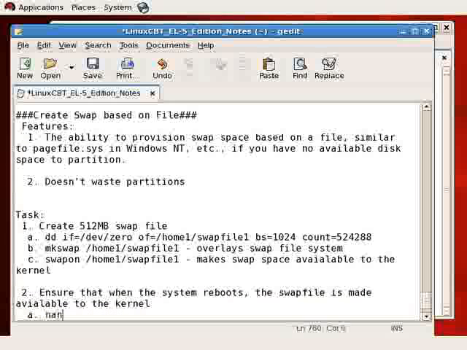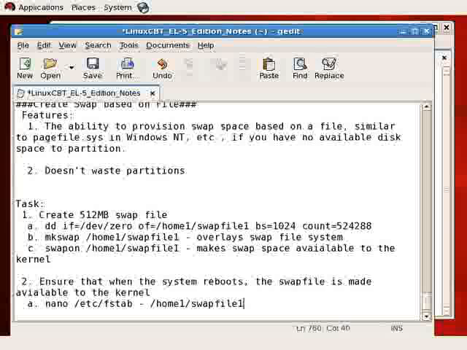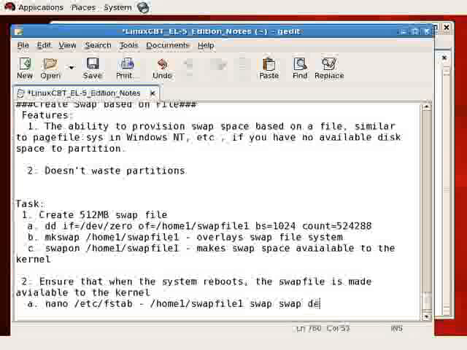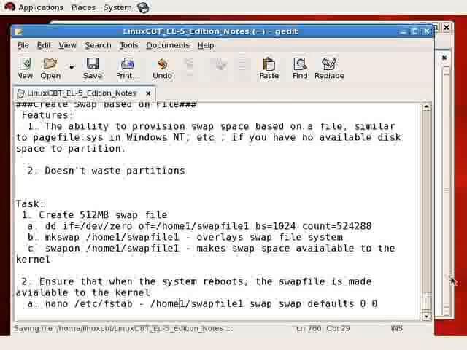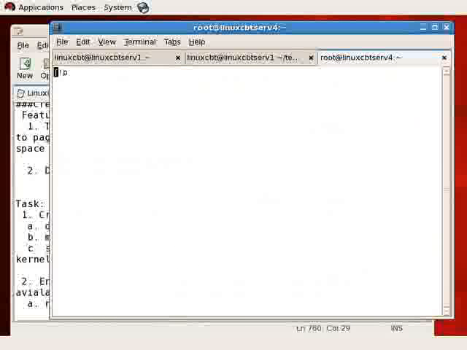And to do so, as you may have guessed, we'll simply nano /etc/fstab. But the syntax is slightly different. In there we'll place the path to the swap file, which is /home1/swapfile1, and be sure to do so after the mount of the home1 partition, followed by the same options: swap, swap, defaults, 0 0. This is what will be placed into the file. So with that said, let's take a look at the /etc/fstab file. We'll clear the screen here, reset the buffer,